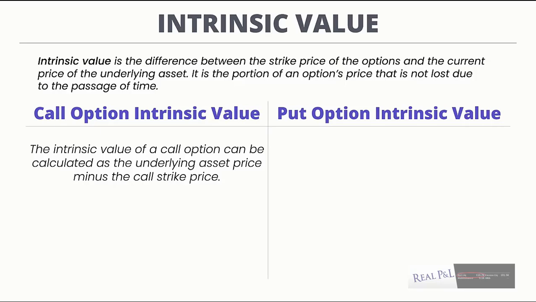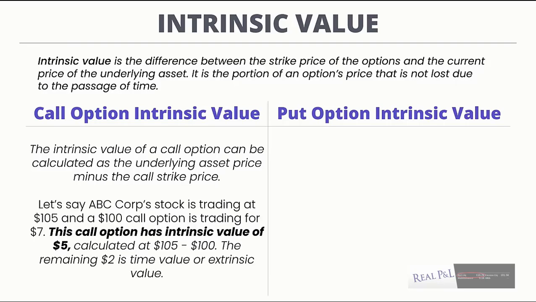The intrinsic value of a call option can be calculated as the underlying asset price minus the call strike price. Let's say ABC Corporation stock is trading at $105 and a $100 call option is trading for $7. This call option has intrinsic value of $5, calculated as 105 minus 100, and the remaining $2 is time value